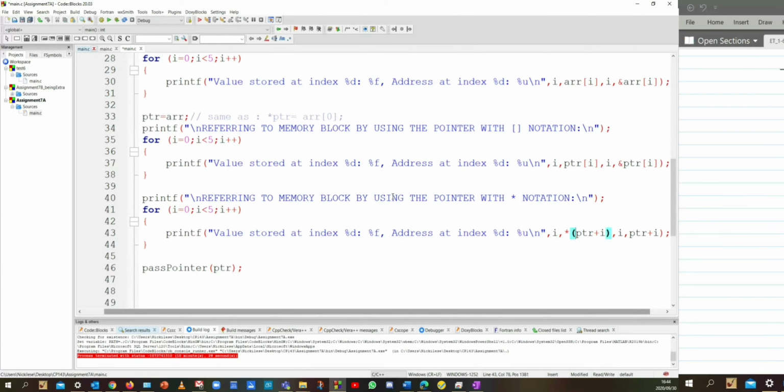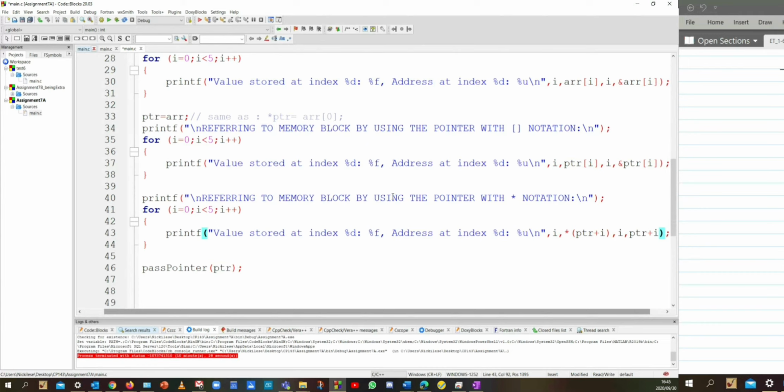So here I'm saying pointer plus the offset. In the first case, the offset, or the I, is 0. So it's going to be the first element, and with the asterisk in front of it, it's going to print the value of that first element, not the address, because this is the address. That's the value of the address. That's what we want to print. And then the address at index is the same, I. And then you can say here, the address plus the offset from that first address is going to be printed at the end,